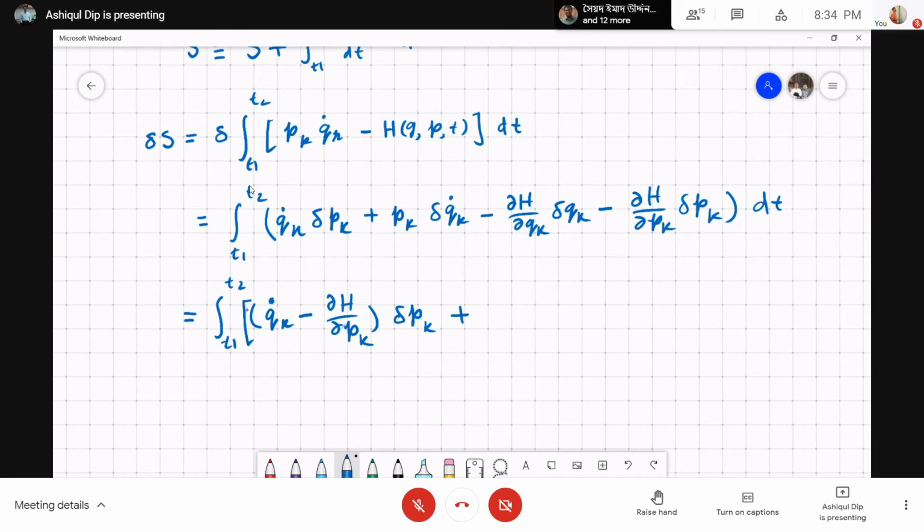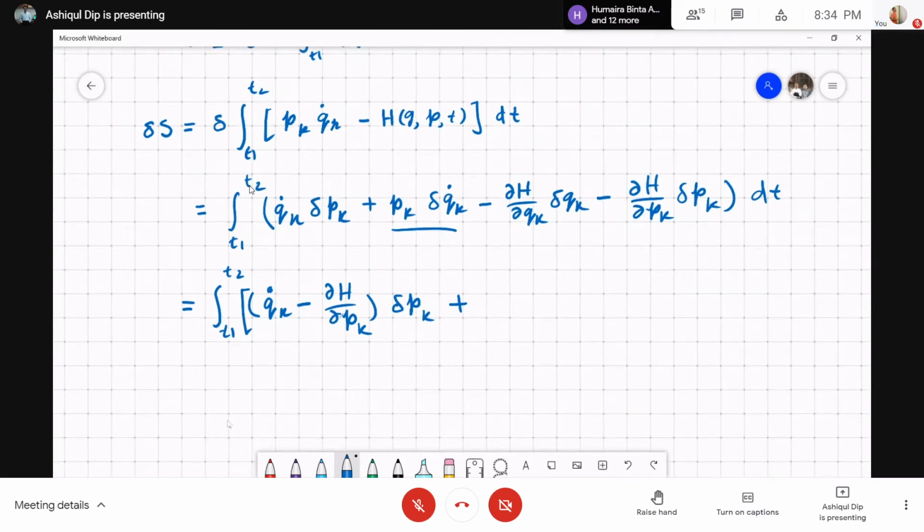We need to do the integration by parts. So PK, then PK minus delta H by delta QK, right? No, negative PK. This is negative PK because actually we need to show the integration by parts here explicitly. So if you perform the integration by parts on this term,